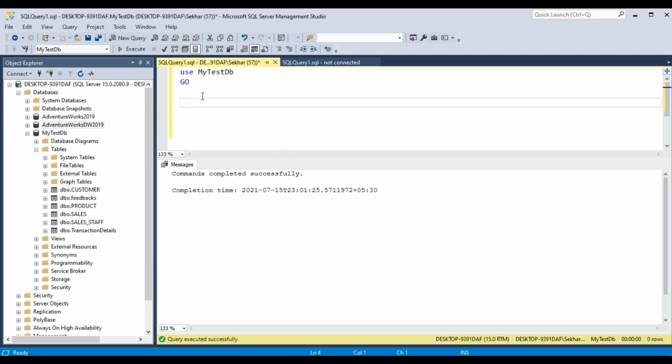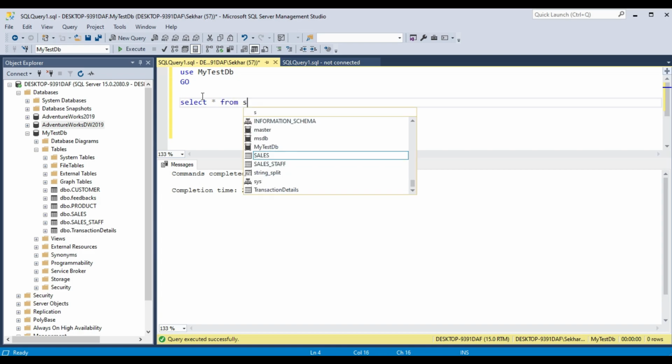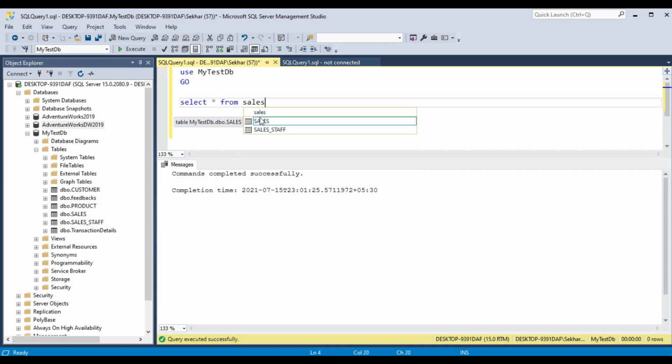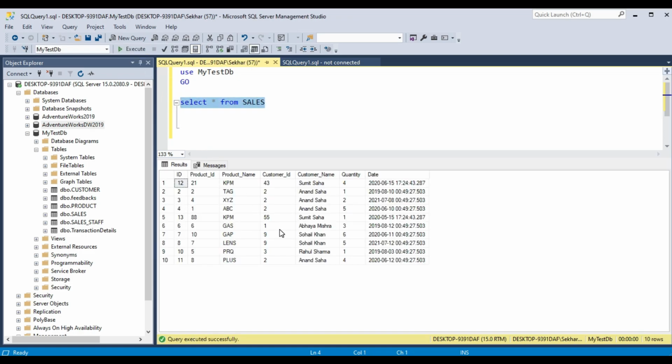I have a sample table here which we'll use to write our queries. Select star from sales. So we have some data in this table, basically some example sales data in which a few customers are purchasing a few products.